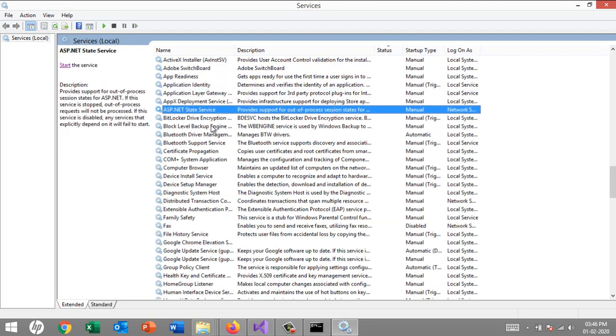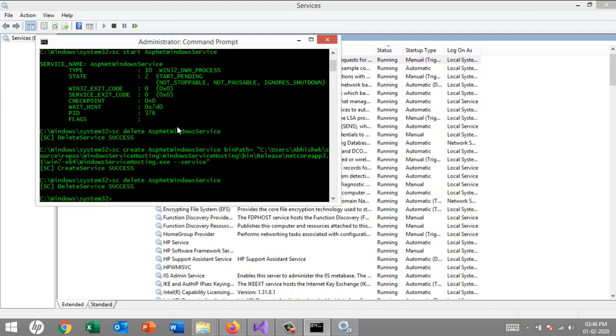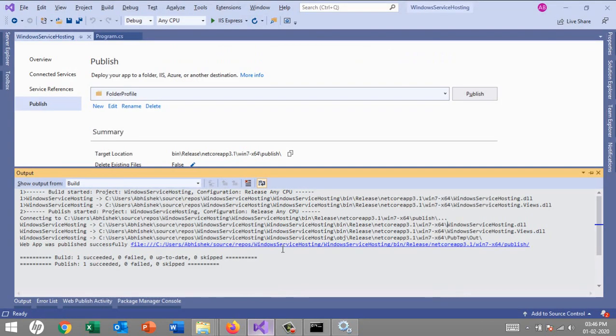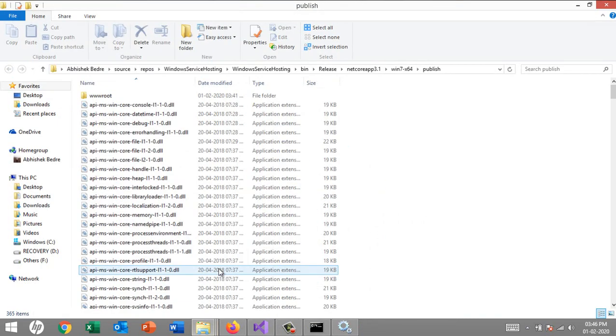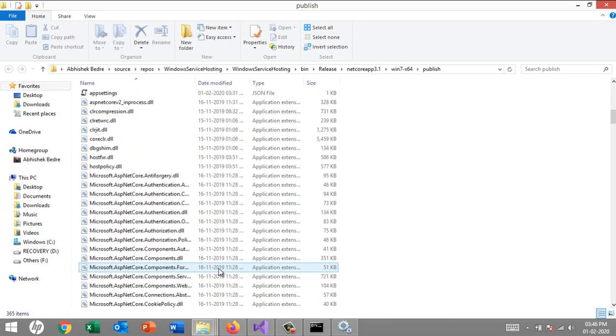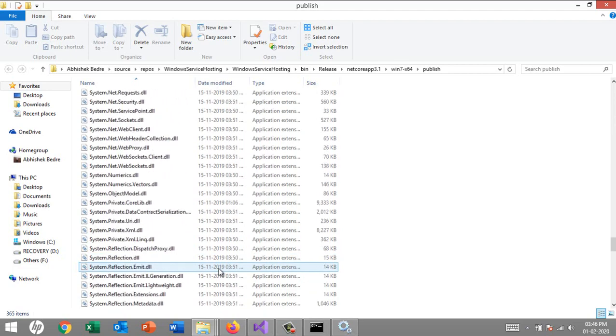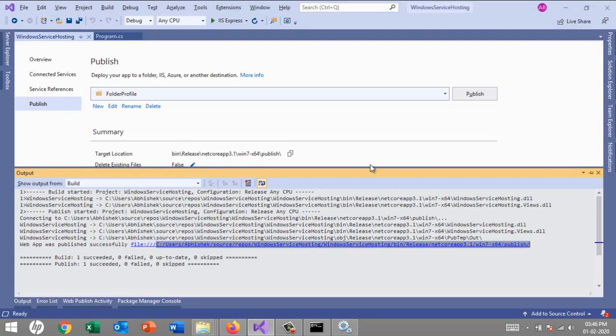Service is deleted successfully. And now we'll properly take the whole path from C drive to the publish folder. So just go ahead and open up that publish folder. So now we have everything. Just copy this path and